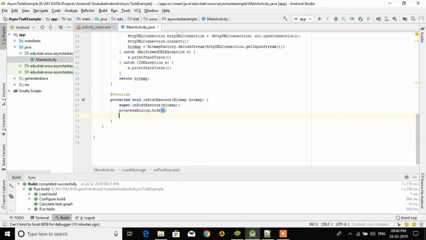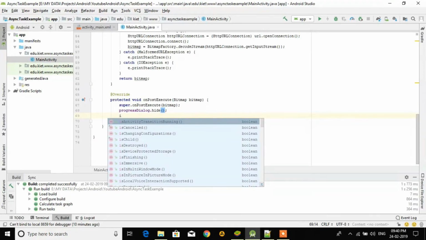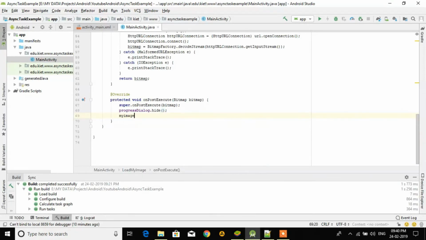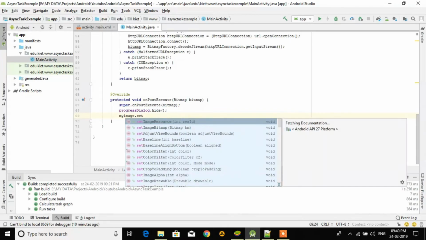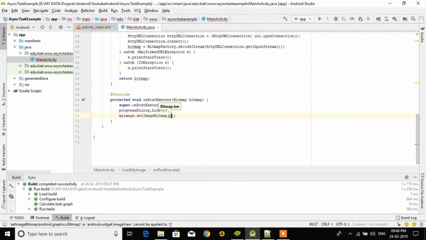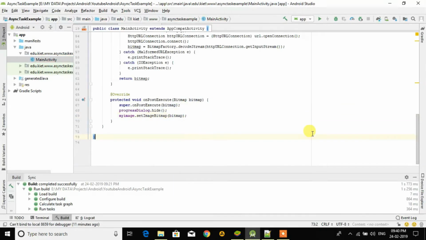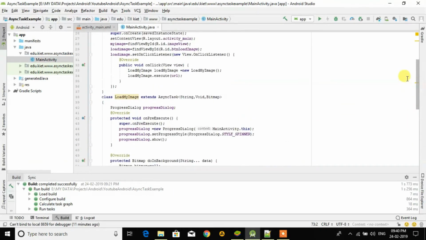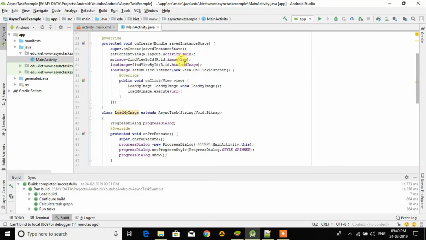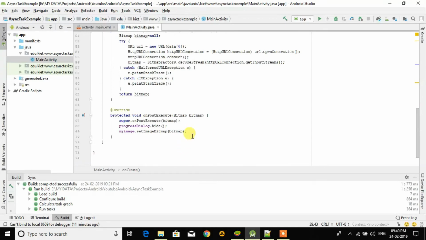Okay, and here we have an image also, myImage.setImageBitmap. So here I have to pass the bitmap. Clear? We have declared the object of image here like this, and we are passing the value here, because this is the return value, it will come here, and here we are passing the value. Now if I run this program,